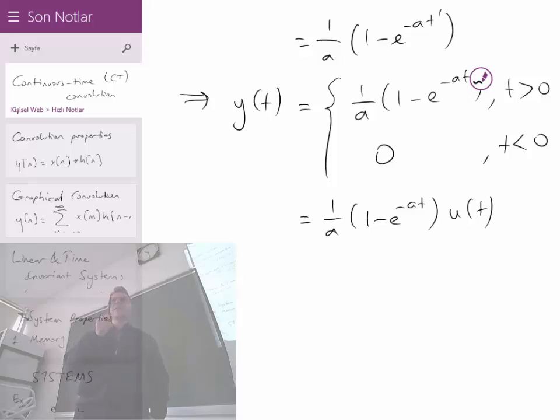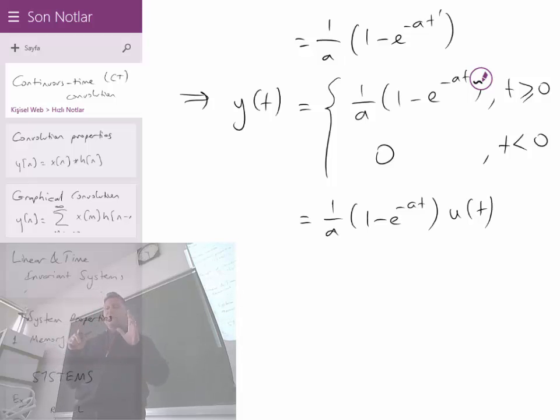Yes, that's a very good question, and I was about to mention that. What's happening at t equal to 0? One of them is for t greater than 0, the other one is for t less than 0, where this is a continuous shape. So at t equal to 0, it is 0 both at the top and at the bottom. So whichever equality condition you put here, it would be the same for this one. If the impulse response or the signal itself doesn't include impulses, this is critical, then the convolution result will be continuous.